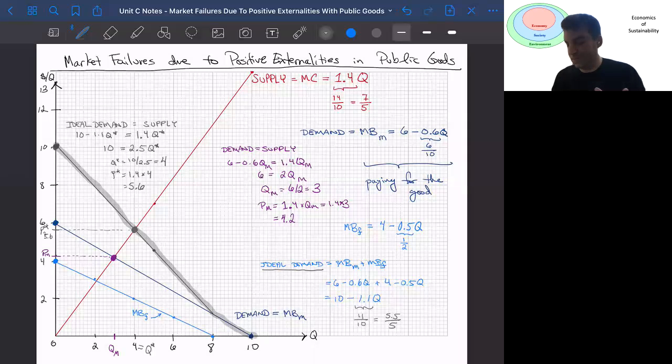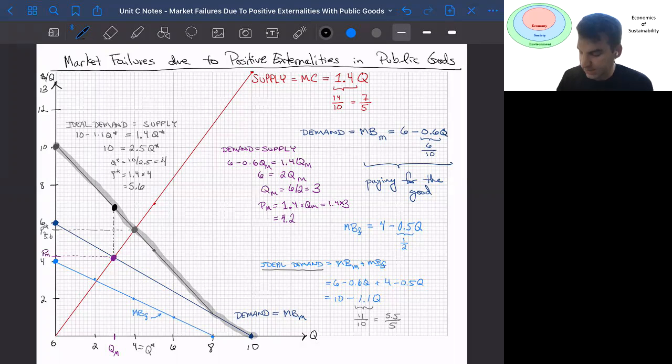Well, there's a couple of different things that we can handle here. Basically what I'm interested in is what is the deadweight loss to society, given that we are undersupplying. And so what that looks like here, I'll just go back to black, is that at the market, we are supplying this QM that's way down here, right? But we ideally would supply